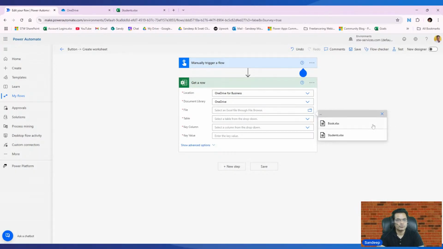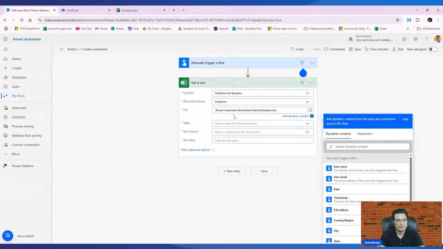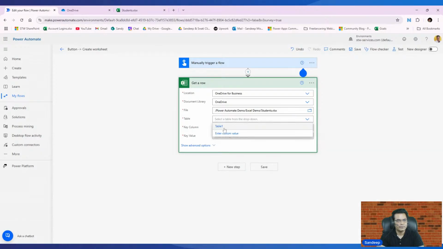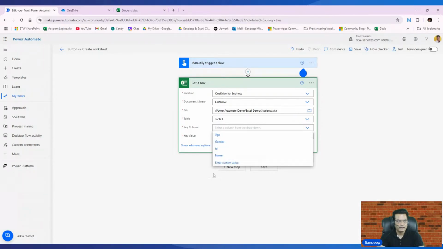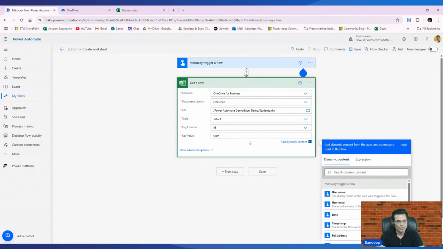Then we'll go to the folder and select the file. Once you select the file, we will have the table here, and the key column we need to add. We have the ID, and based on that, whatever value we need to provide here. So we'll add this one, and then